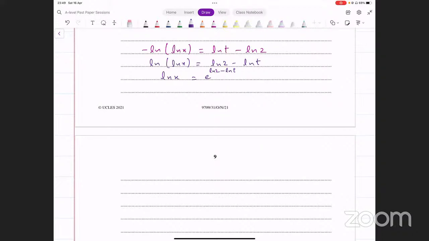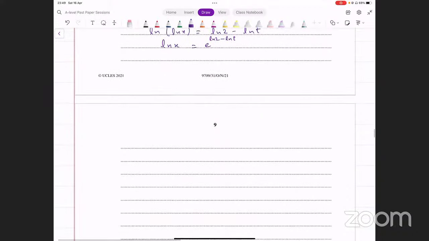Let's break it down. I'm going to do that here. ln x equals e raised to power ln 2 divided by e raised to power ln t. Can I write it like this? ये नेगेटिव पावर है ना, तो उसको मैं चलिए एक स्टेप और कर लेता हूँ यहाँ पे. I can do ln x equals e raised to power ln 2 multiplied by e raised to power minus ln t. So I can break it down like this first, and then this thing can go to the denominator, and we get something like this. Now remember,